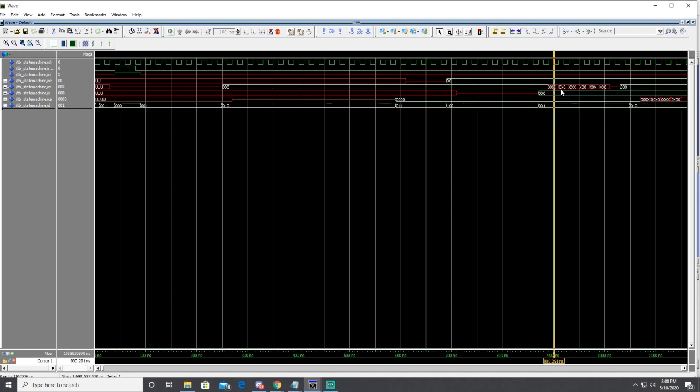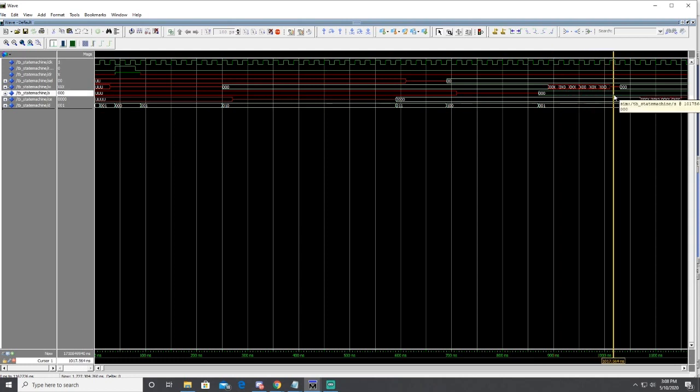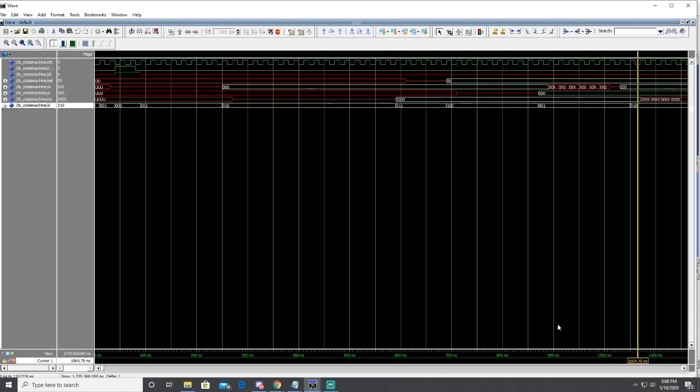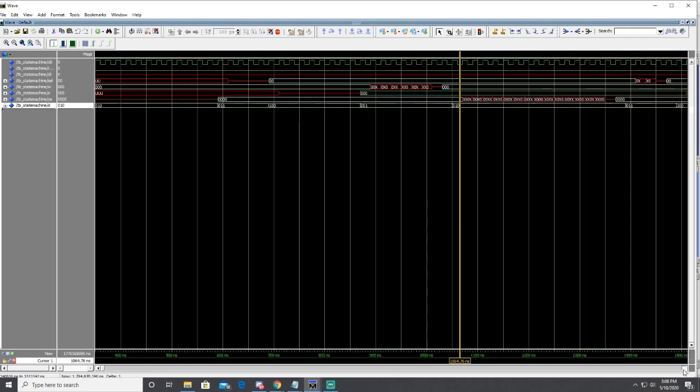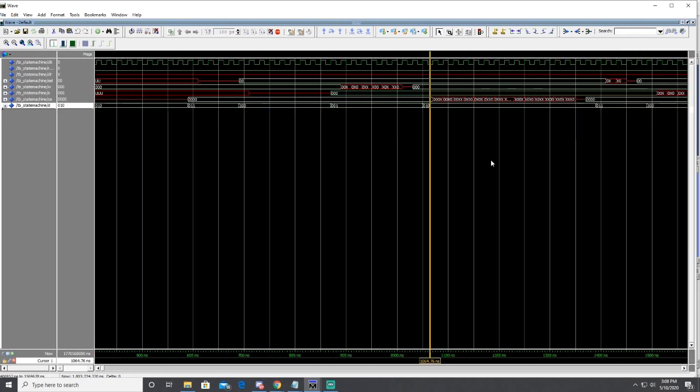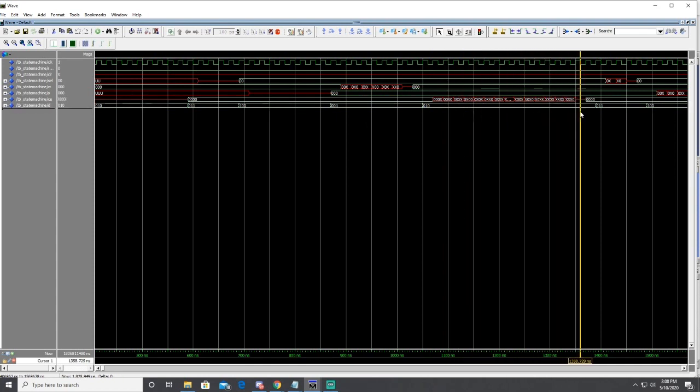It goes 0, 0, 1, 0, 1, 0, all the way up to 1, 1, 1, and at that point the counter will hit the max and go back to 0, and then we'll change states to state 2. Then it does the same thing for clock enable, which is 4 bits, so it takes a little bit longer, goes all the way through until it's 1, 1, 1, 1, and then goes back down to 0,